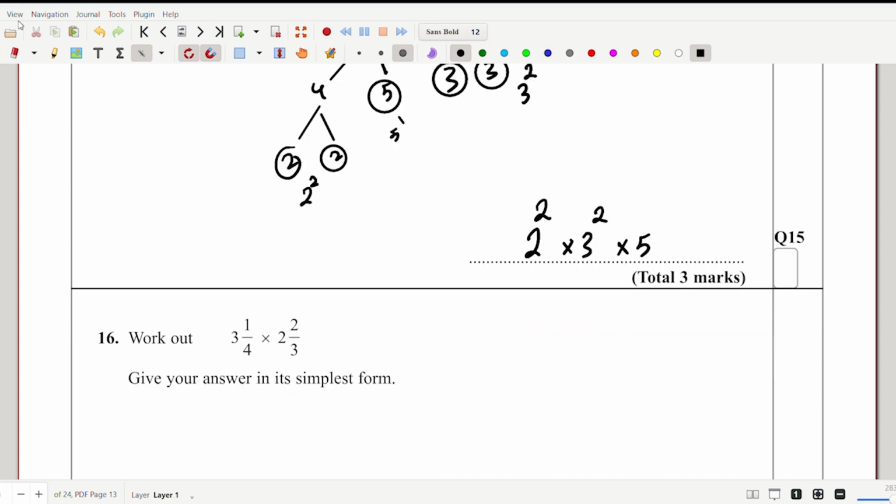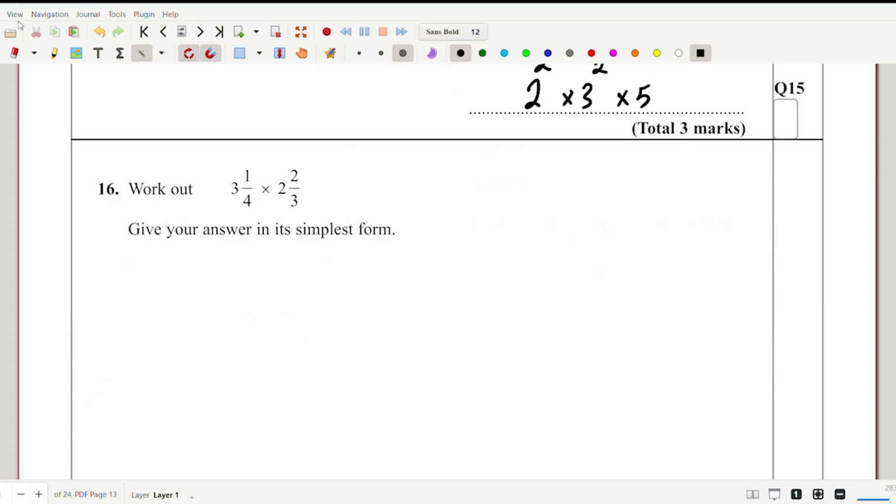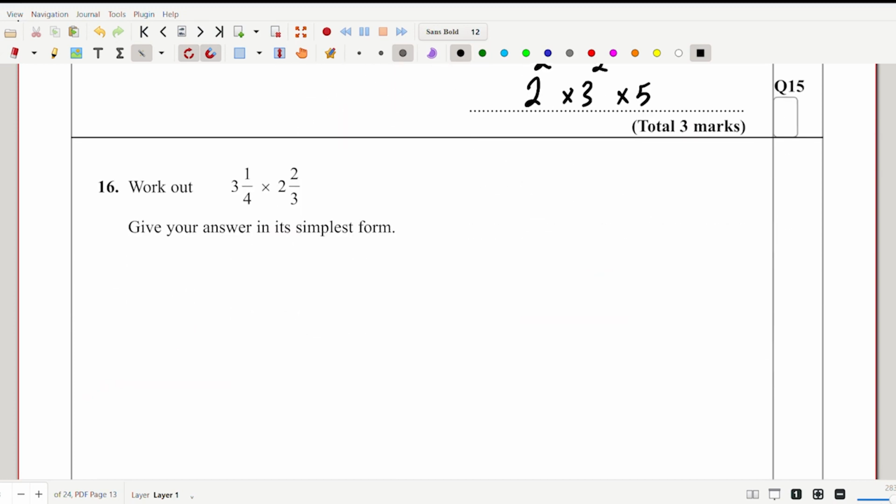Here, work out mixed number times mixed number. We have to change each mixed number to an improper fraction and write the answer in its simplest form. So 4 times 3 is 12 plus 1, which is 13, so 13 over 4. Then 3 times 2 is 6 plus 2 is 8, so 8 over 3. Now straightforward multiplying, we'll get